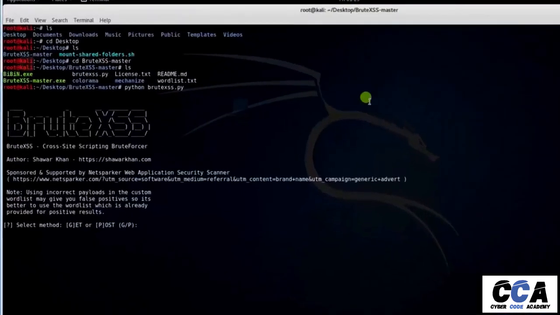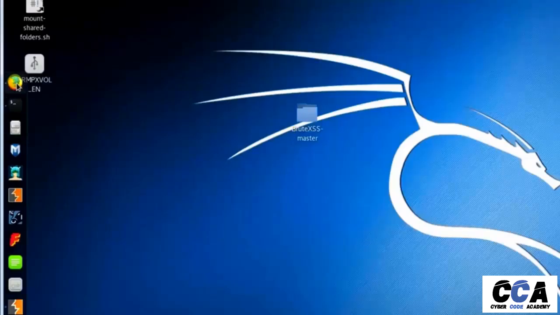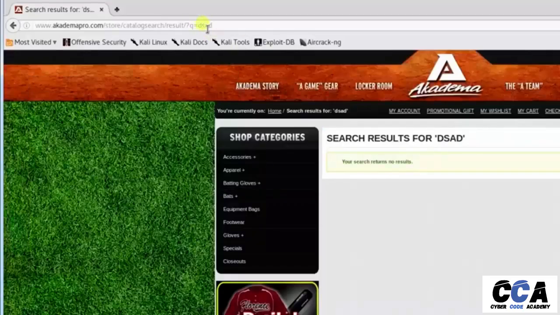Now select the form method, GET method or POST method. Here I selected the GET method. For that I will type g. The next step is to enter the URL. For that let's open the browser. I have opened